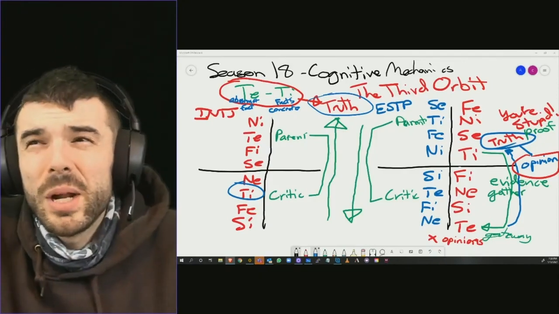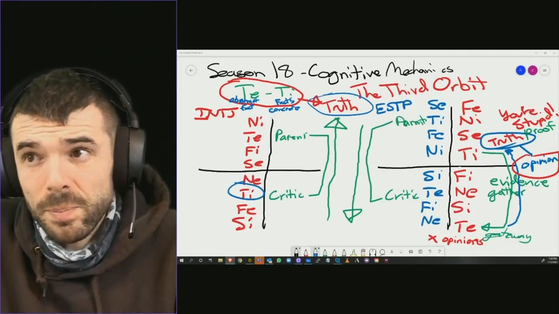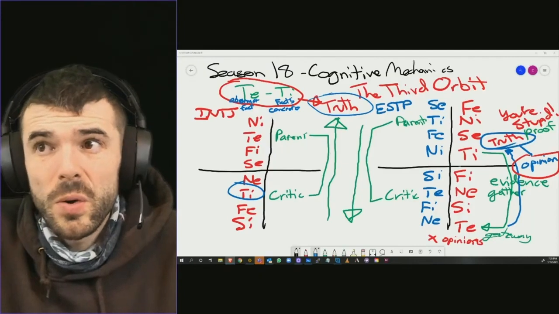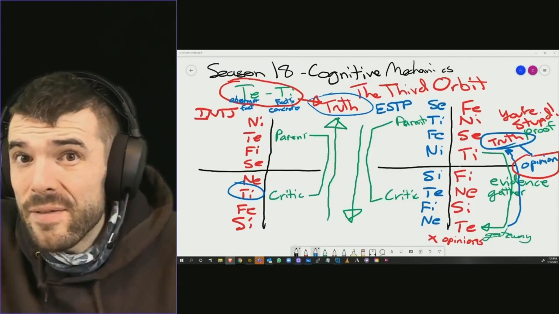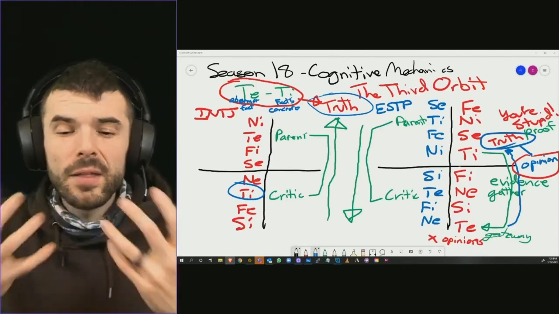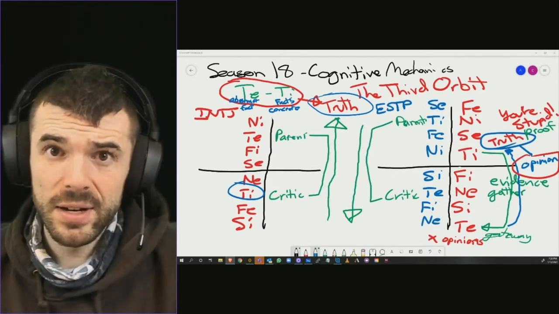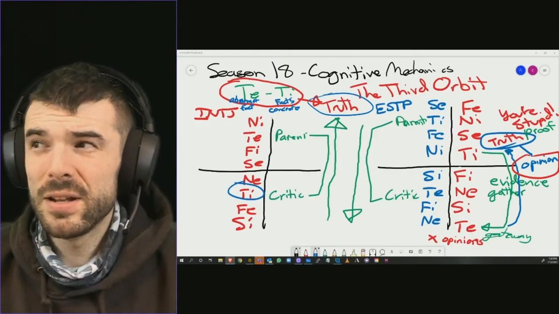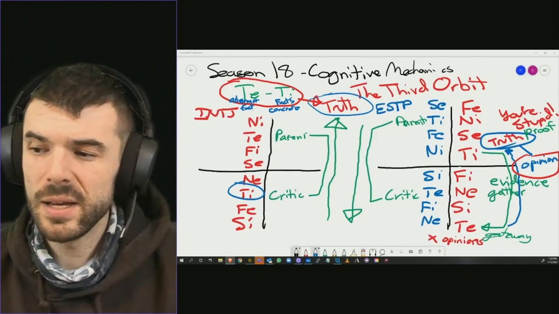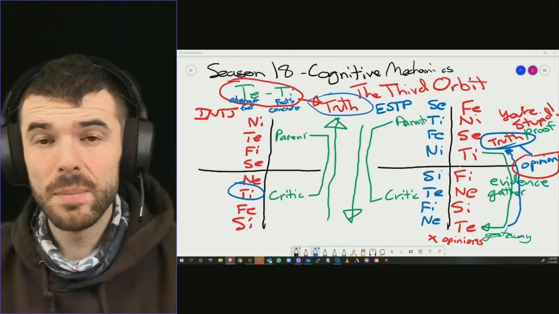So we're kind of getting a little bit off topic here because it's supposed to be about TE versus TI in this third orbit, basically. But in general, understand that that's how these two different approaches go. The high TE users go out of the way to gather evidence first, and they end up gathering evidence first before they allow themselves to come to a true conclusion. The TI users are verifying evidence, basically, because they're trying to find the value in the evidence. They're trying to find the FI in the evidence, and they'll throw it out if there is none. So they're processing that evidence, basically.